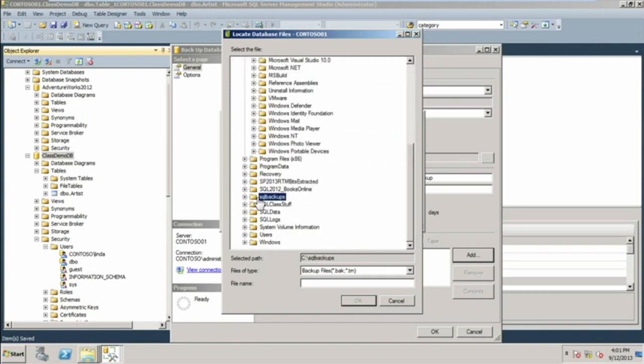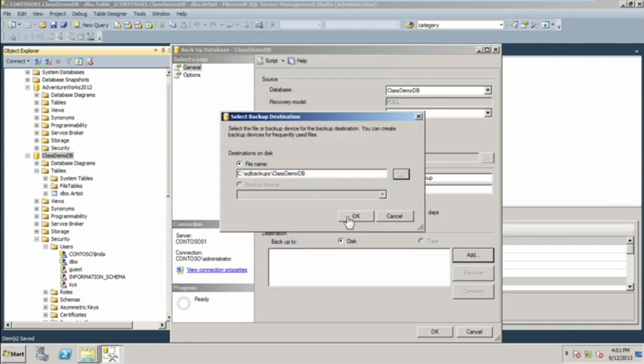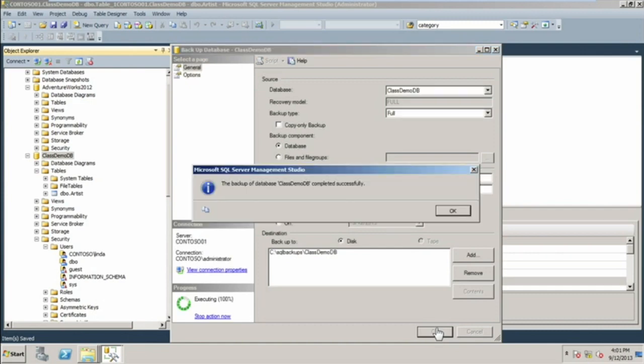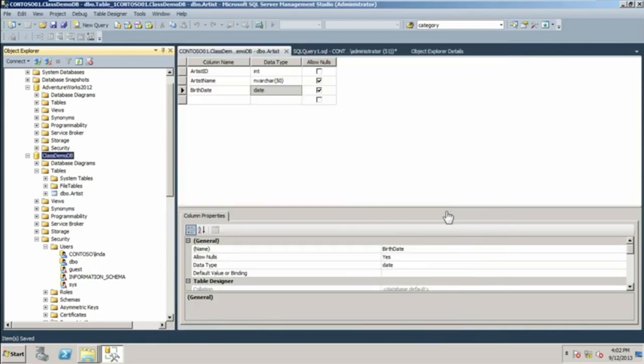We're going to back up to SQL backups. And we're going to call this class demo DB. It'll use the .bak extension, so I'll just let that go. There it comes back. So we're going to back it up to there, and we'll go ahead and do an OK. And then we'll click off on OK on this one. And the backup database class demo completed successfully. All right, cool. So that's done, and we know in there that we should have the